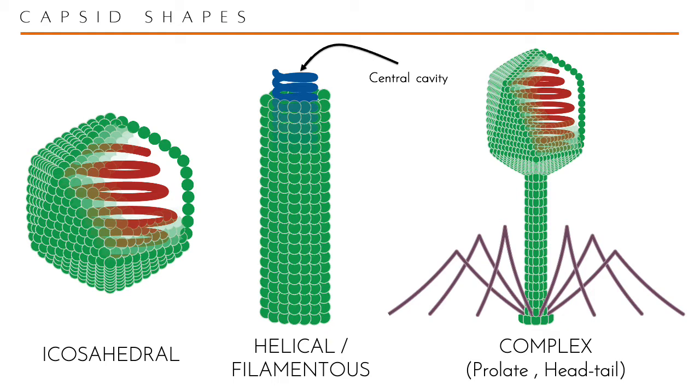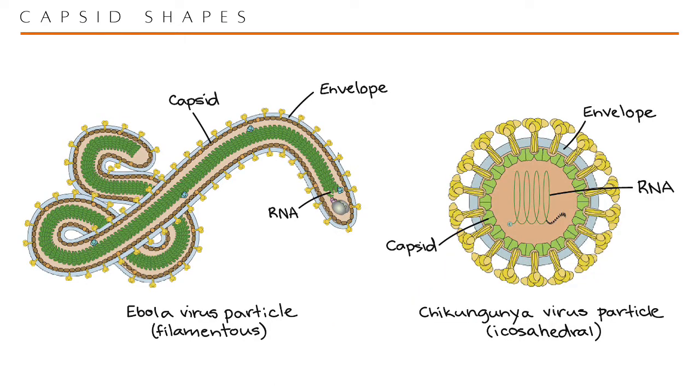And this is classic morphology for bacteriophages. All right. So another example of the different shapes would be the Ebola virus particle, which is of a filamentous shape. The chikungunya virus particle is an icosahedral shape. So as we go discuss the different viruses, you will be able to see the differences in capsid shapes and